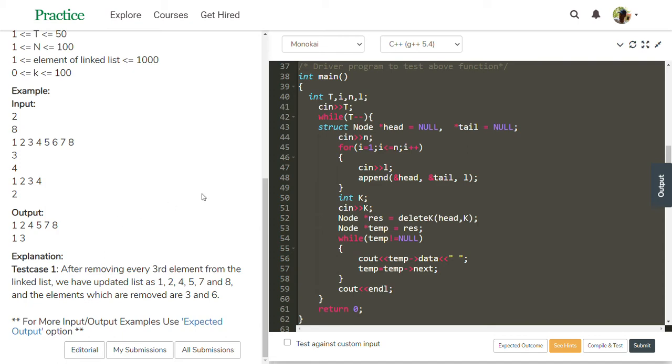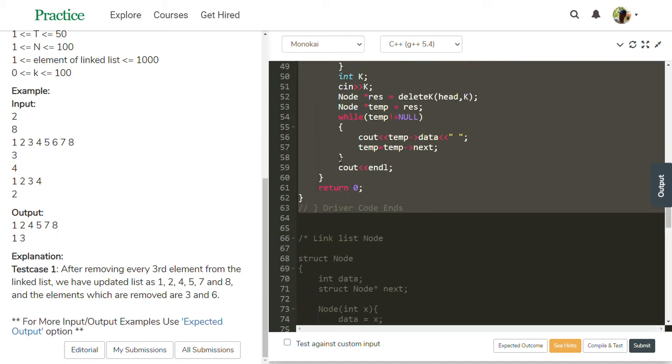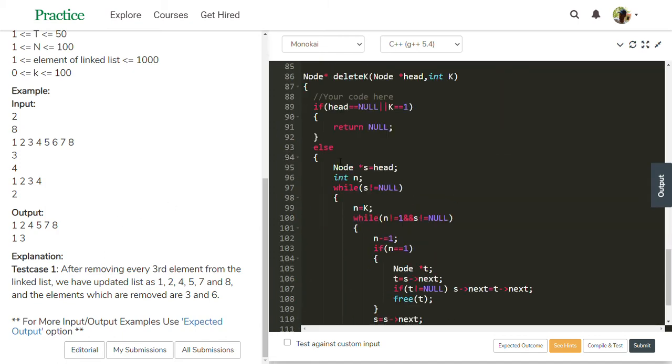To solve this task, here is our code. See this, the deleteK function. In this, if head equals null or k value equals 1, in both cases just return the null value.